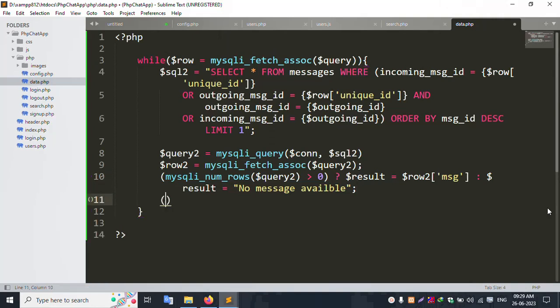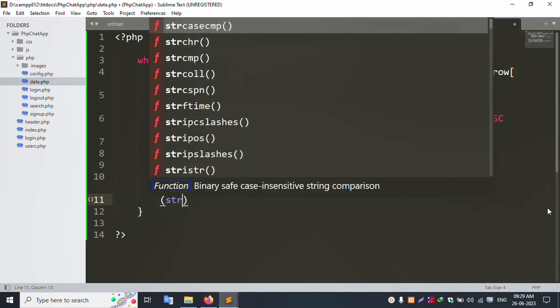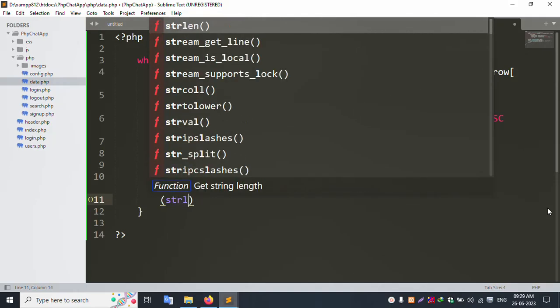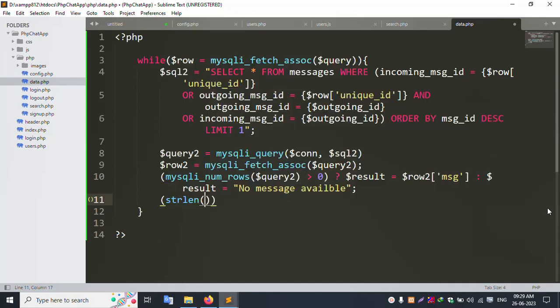Let's now create strlen this result, already create this variable and paste here